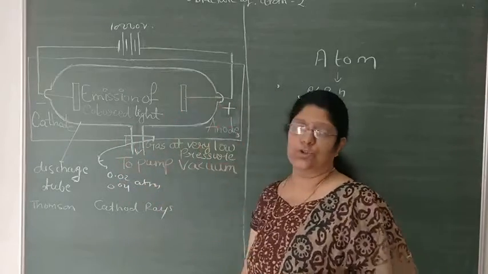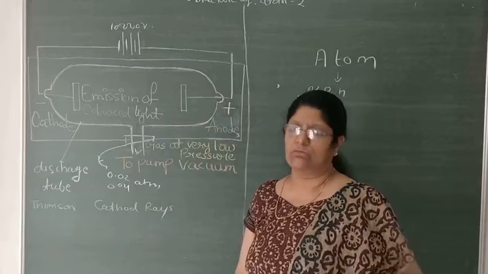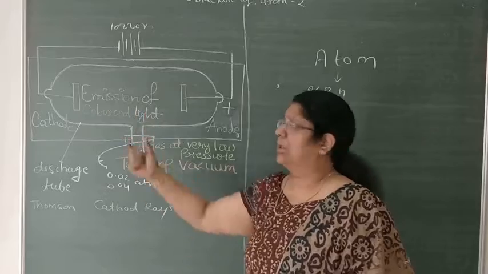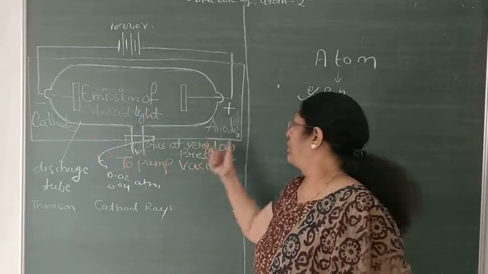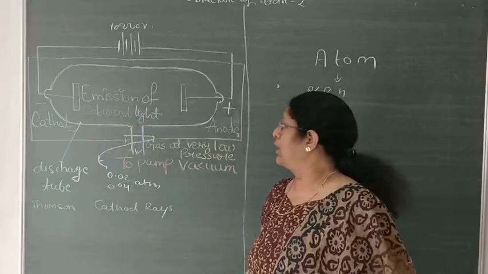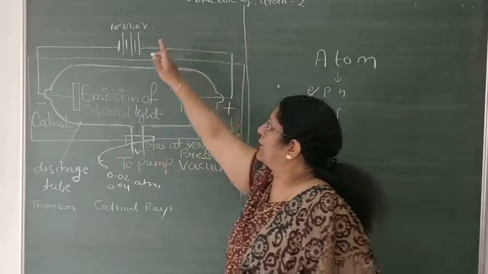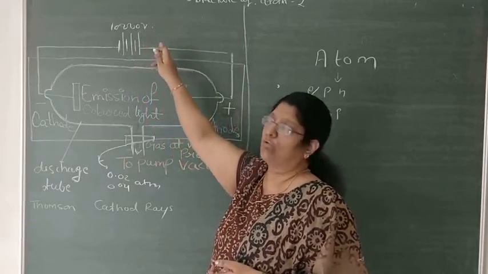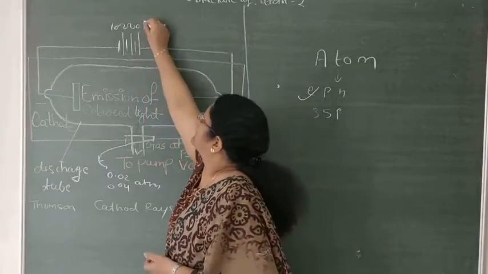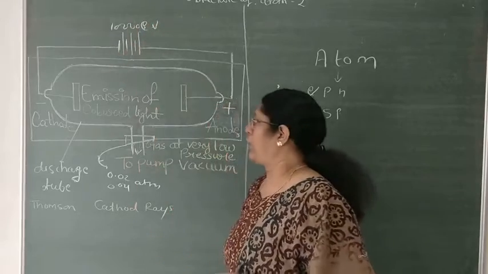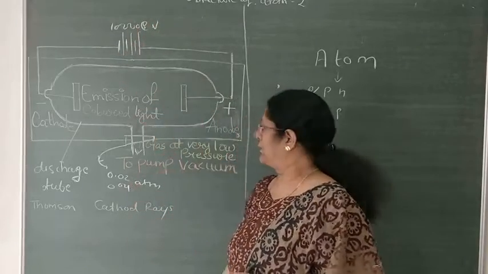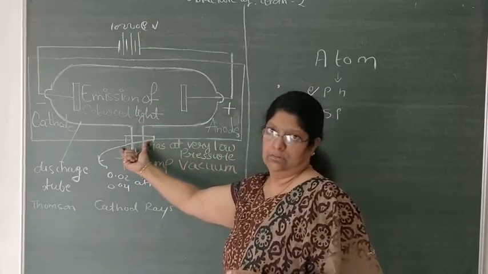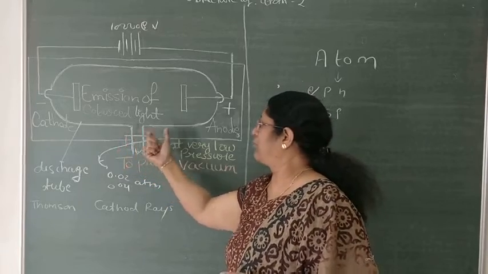What I said, Thomson has taken one discharge tube made up of Crookes glass. In that discharge tube, he has taken any gas, hydrogen, oxygen, whatever, and in this discharge tube there are two electrodes. The negative electrode is considered a cathode, the positive electrode an anode. Both the electrodes are connected through an outer circuit, and we are providing 10,000 electron volt electricity through this outer circuit. And there is a vacuum pump in this discharge tube.